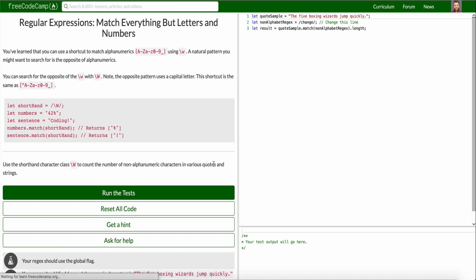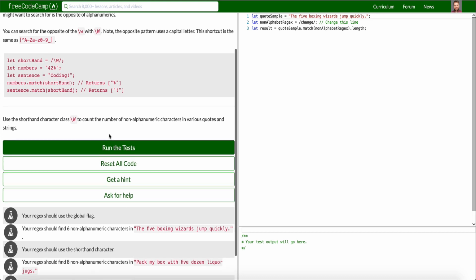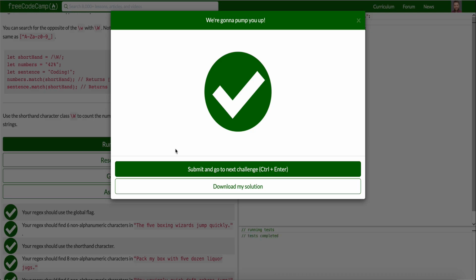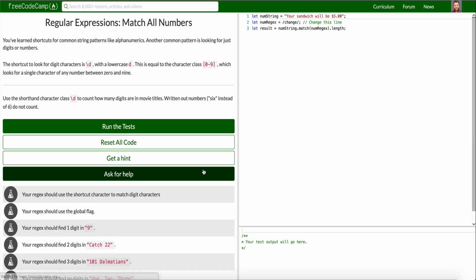Cool. Number 3, match everything but letters and numbers. So what we're going to do is count the number of non-alphanumeric characters, and here we're going to do g i. Run this, good to go. Match all numbers. Use the shorthand character class \d